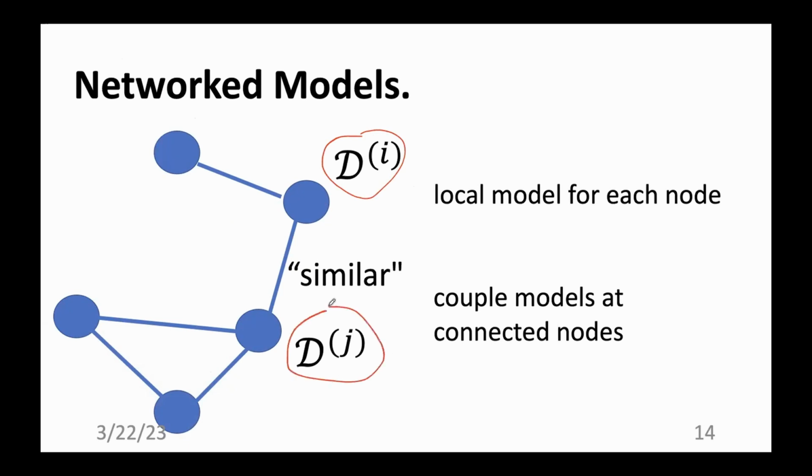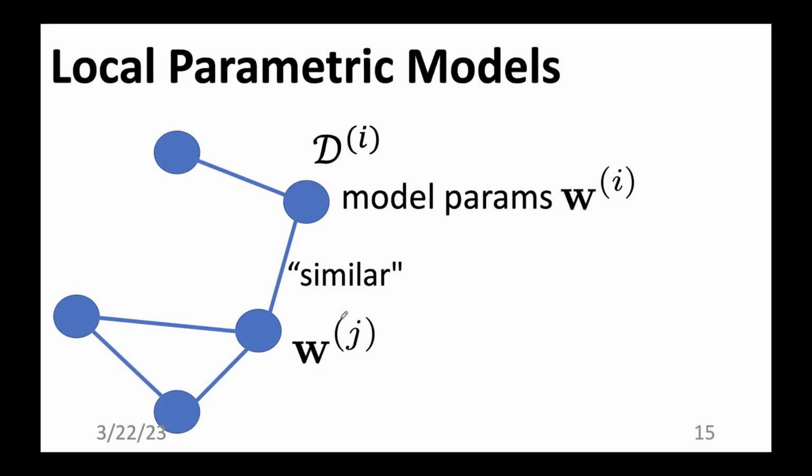For this node j, we could use a scikit-learn random forest model. Basically, in principle, we can use different models at different nodes. But for the time being, we focus on local models that are parameterized by a parameter vector. So this might be a vector in a Euclidean space